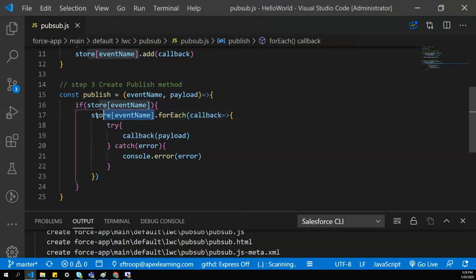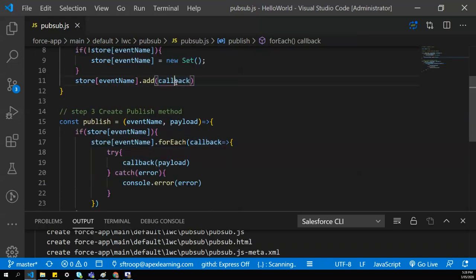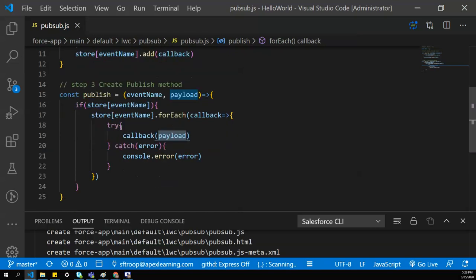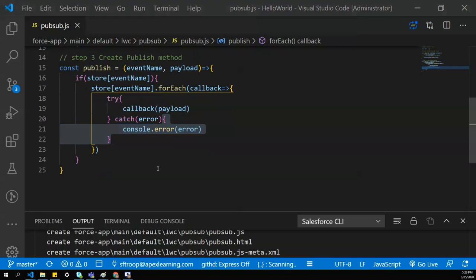Because it's a Set, it will store in array form, so it will take the callback, which is the method that you passed earlier while subscribing, and the callback gets called. While calling this callback, we pass the data that is coming from the publish method, and if this does not work out, we'll throw an error in the console. So this is also pretty easy.